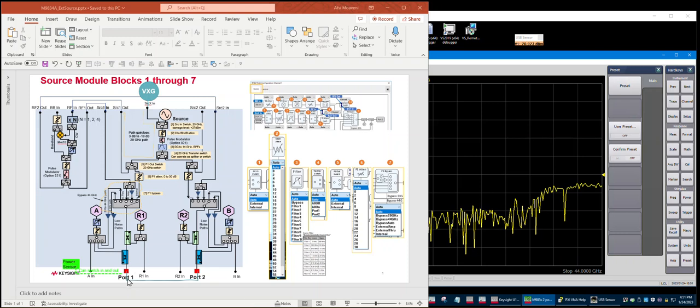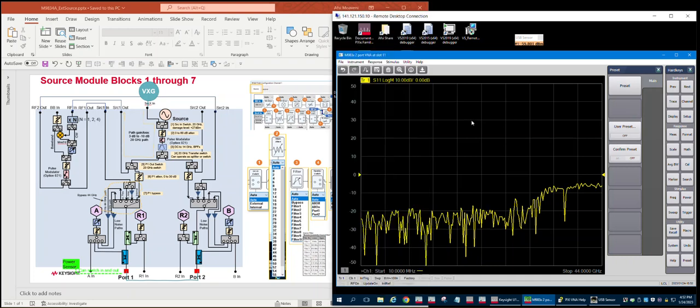The setup I have is port 1 connected to port 2. I have a long cable here. I actually have a switch too, so my port 1 can either go to port 2 or it can go to a power sensor so I can measure the output power. And then I have a signal generator, VXG in my case, connected to the source X in. And the references are locked to the ref out of the VXG goes to the ref in of my network